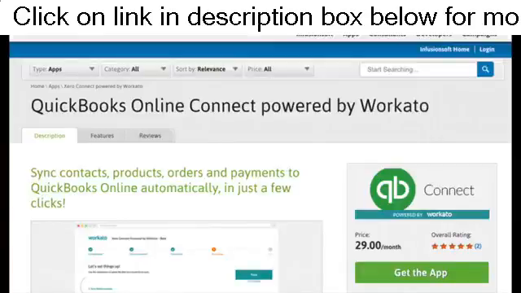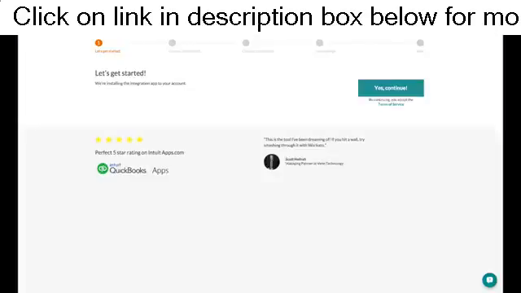To get this app, simply hit Get the App on the Infusionsoft Marketplace and get going with syncing your Infusionsoft and QuickBooks Online. After clicking on the Get the App button, you'll be prompted to sign up for an account with Workato and brought to a series of installation steps. We see that there are 5 steps in the process. We will go through and connect the app to Infusionsoft and QuickBooks, then we will select the integrations to run